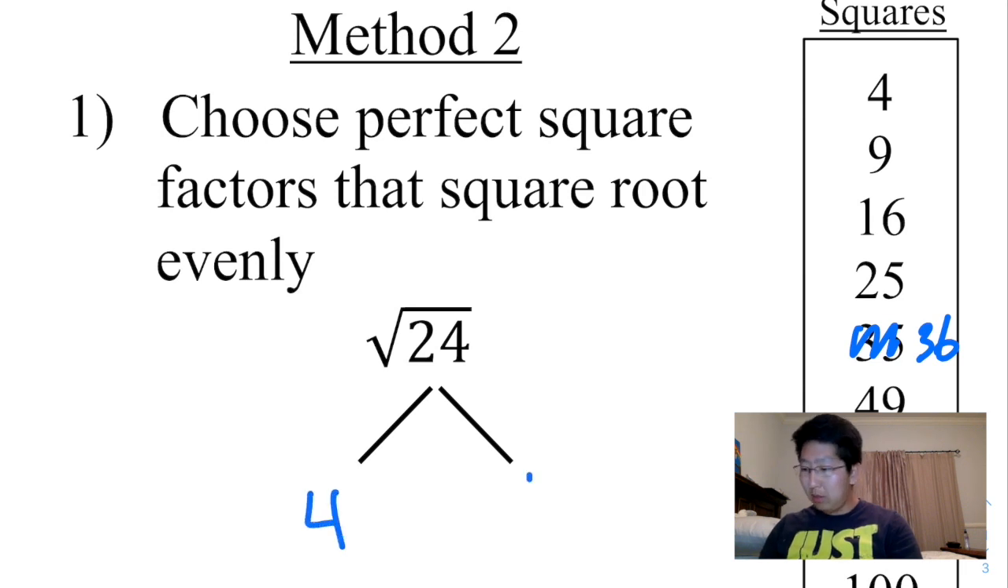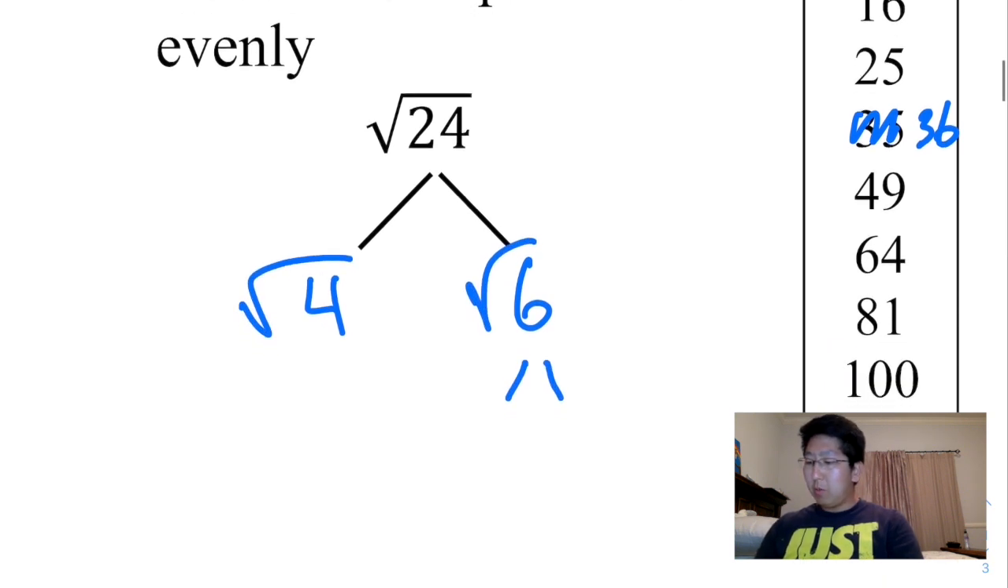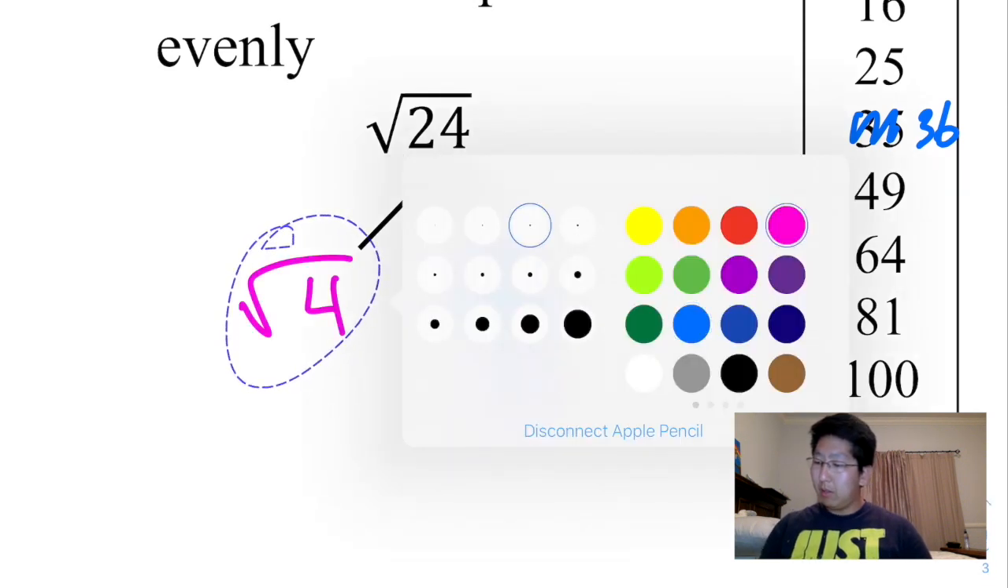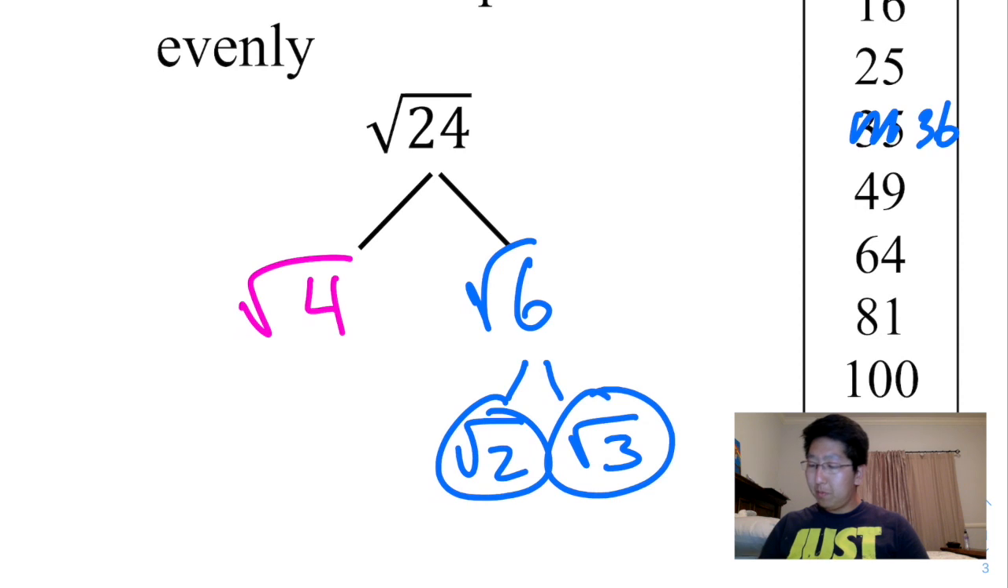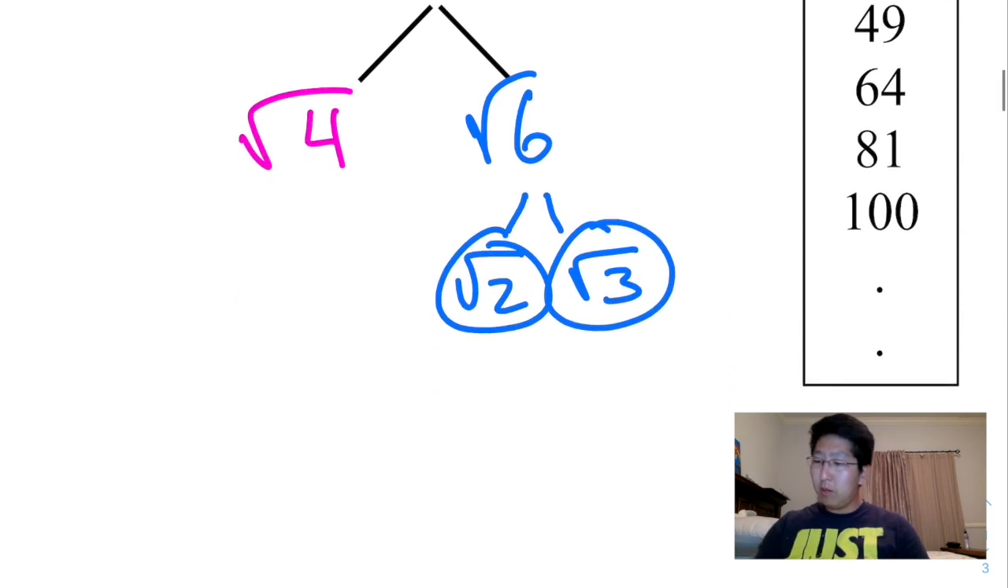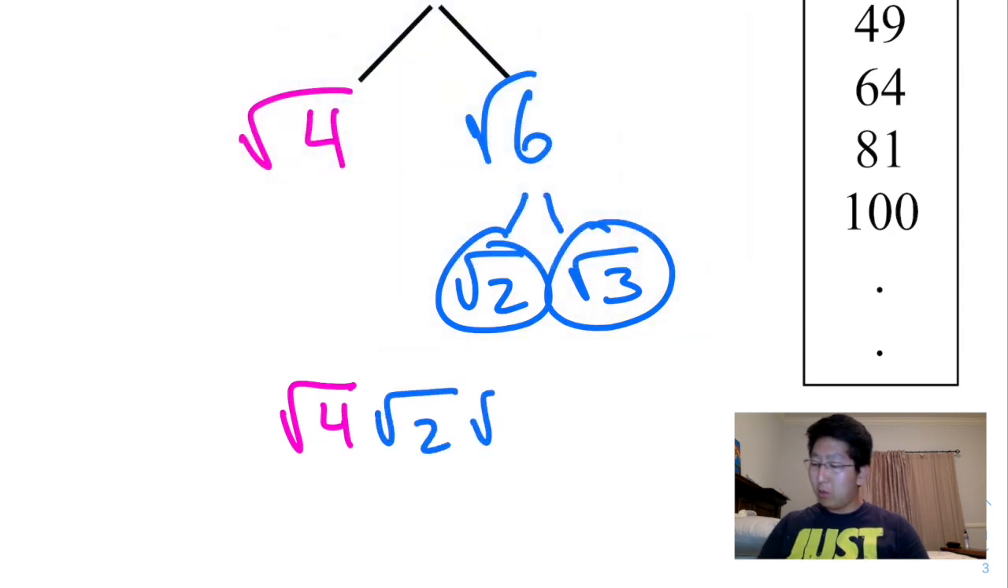4 times 6. And we know that 4 is going to be a prime number. Okay? But 6 we're going to break up. I'm going to change this to pink. That's a perfect square. So 6 is square root of 2 times square root of 3. Okay? And we're going to write the square root of 4